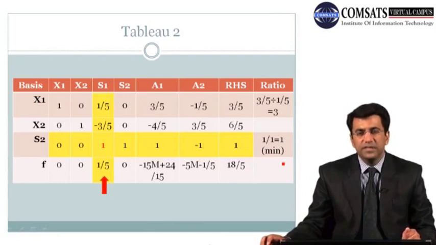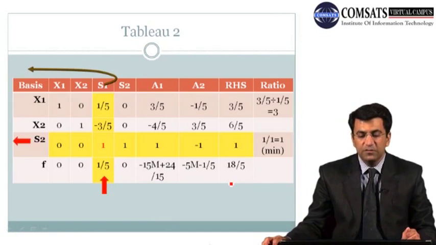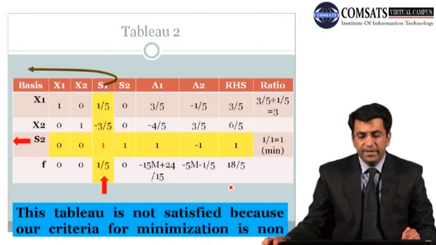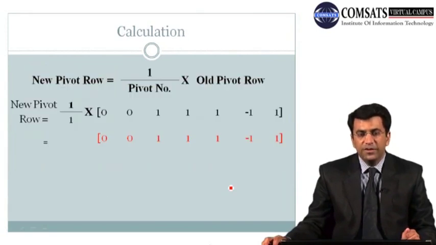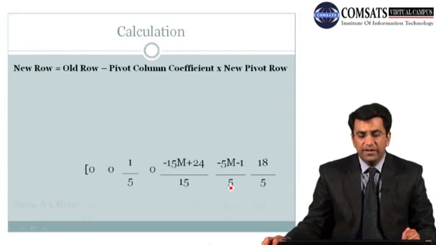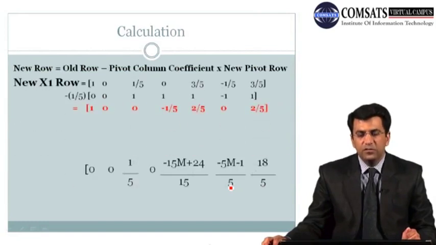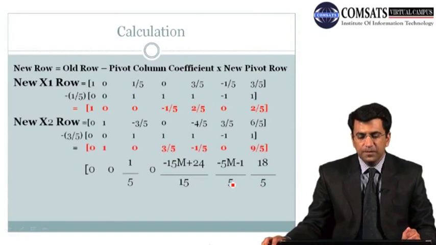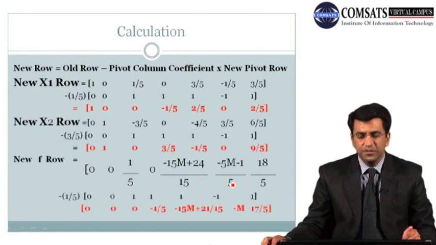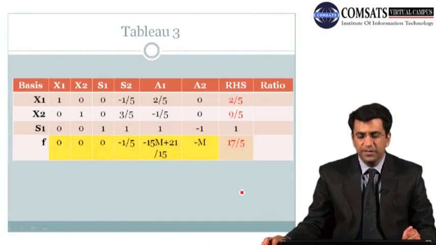And again class, we will have to check the criterion of optimality, that all the coefficients of the objective function should be negative. Again you can see that there is still a positive value in the coefficients of the objective function. So this shows us that it will still not give the optimal solution. And again we'll have to find the new pivot row, and again find the new values. The same procedure is being repeated in that particular case.